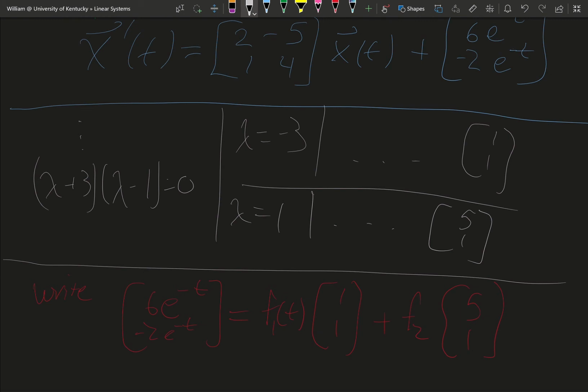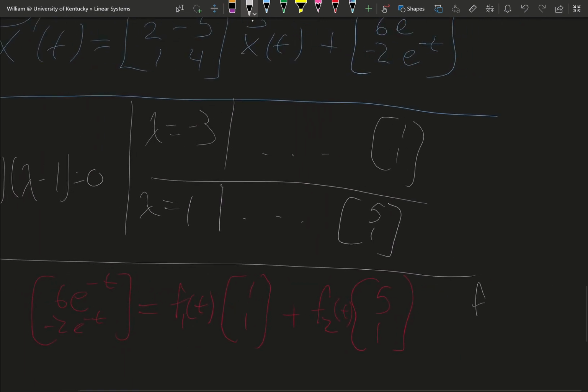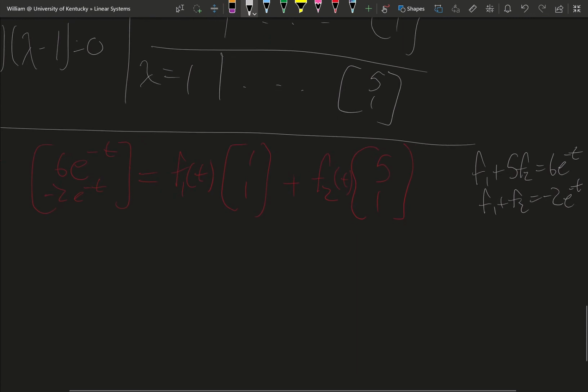So it turns out that a really good way of figuring out what these are, I mean, we could just go forward and try to solve them, right? We have f1 plus 5f2 equals 6 e to the -t, and f1 plus f2 equals -2 e to the -t. So that's one option. We could try to solve that directly, but if you've taken matrix algebra or you remember what we learned about inverses